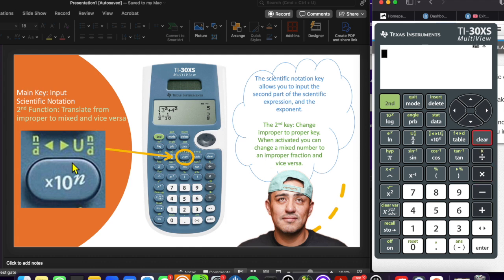Now, the interesting key here is going to be that green function. Notice that we have a fraction and an arrow to an arrow, which is similar to the arrow to arrow right here. And it does function the same way, except here it's telling you that it's going to go from a fraction to a mixed number format and vice versa. So it's the same concept as the magic key, except this is a magic key that specifically